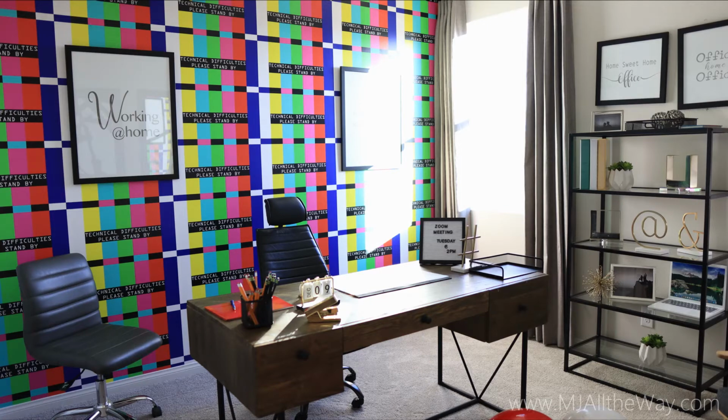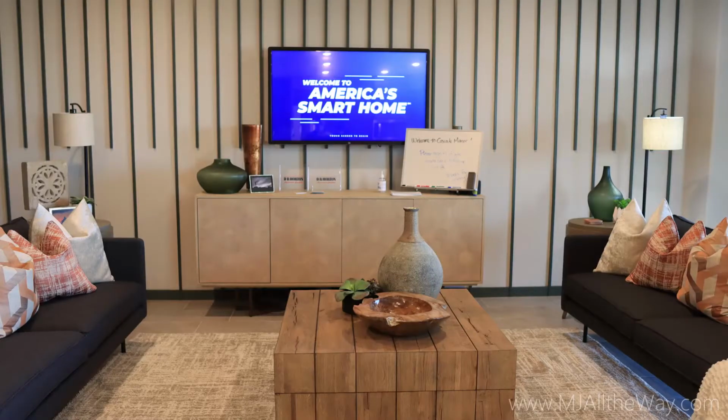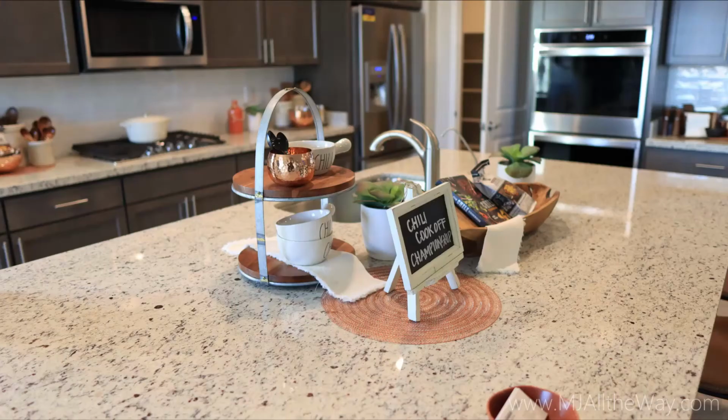The way they decorated this bedroom is super unique, very original, very fitting for myself. I love how they decorated the rest of the home. It's very beautiful, very simple and elegant. And those clean lines on the wall really add a nice texture to contrast against the wood grain that they have throughout some of the rest of the home, both here in the living room and in the dining room here. They have a really simple dining room table with pops of green with the succulents and